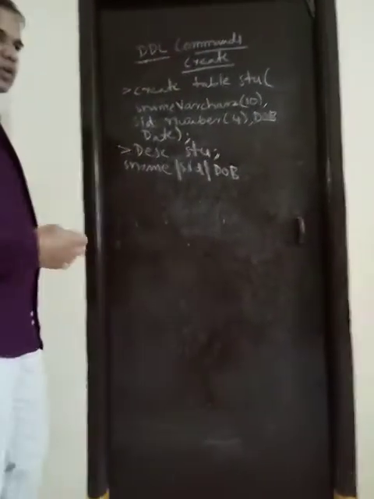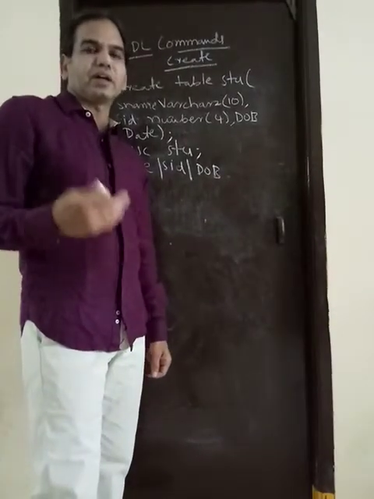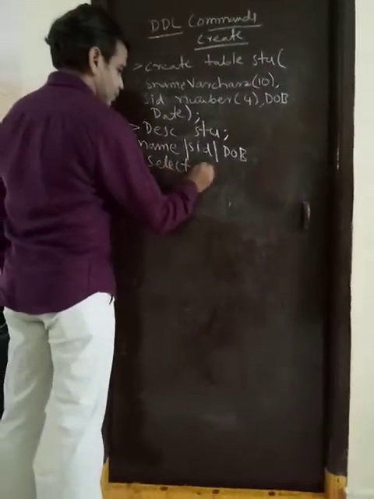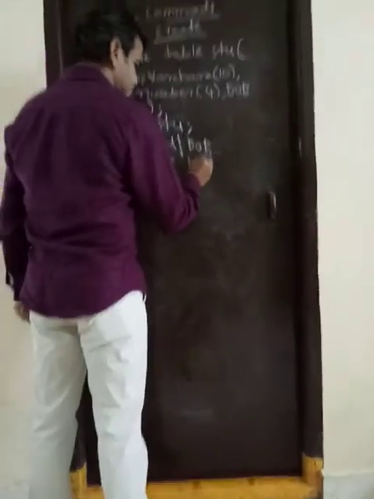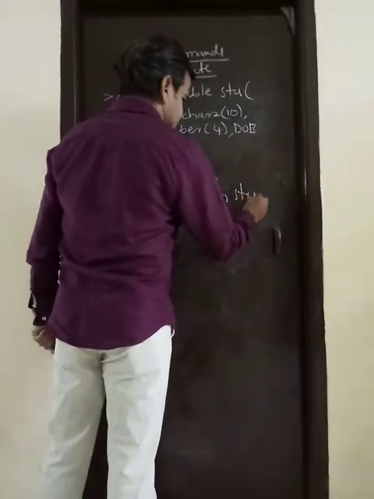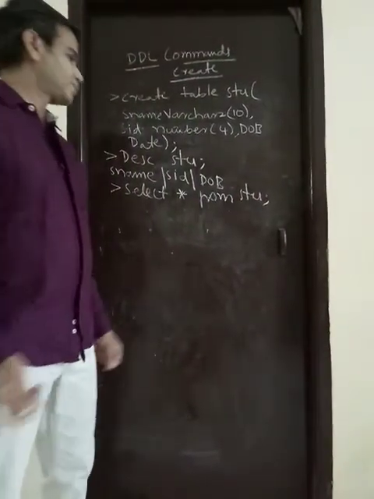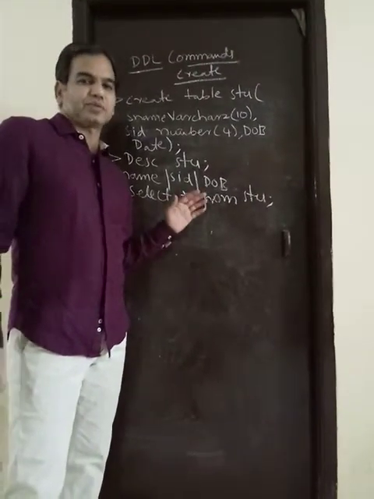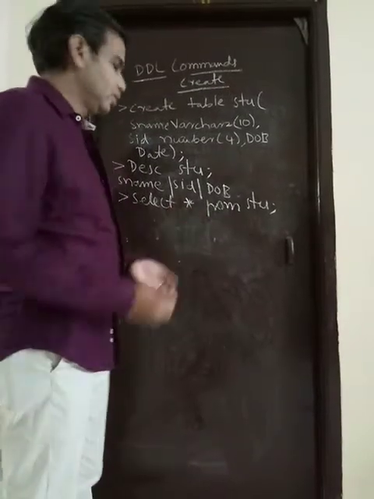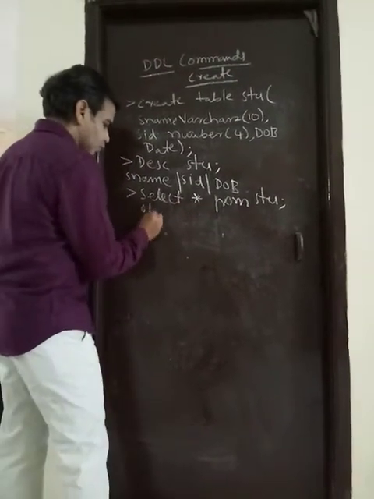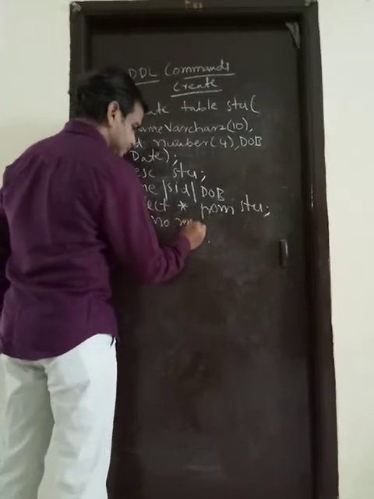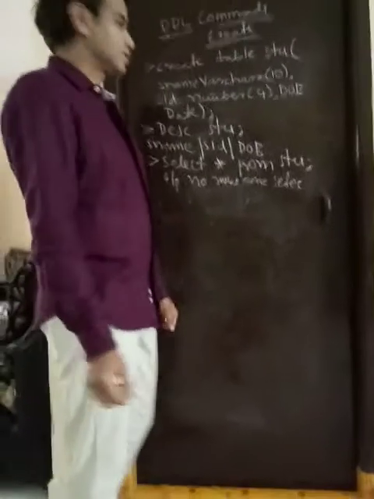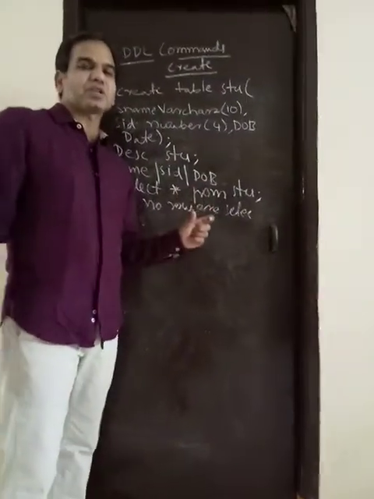Okay. If you want to view the table values, the command is the select command. Select star from student. So it will display the student table and its values. Here we have not inserted any value, so it will display the output as no rows selected. So this is the structure of the table after creation.